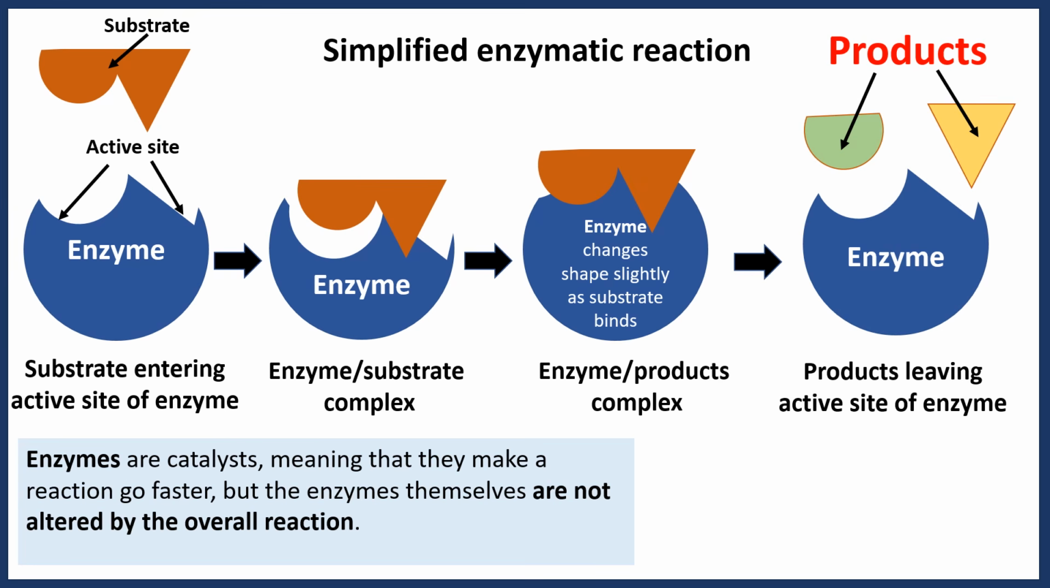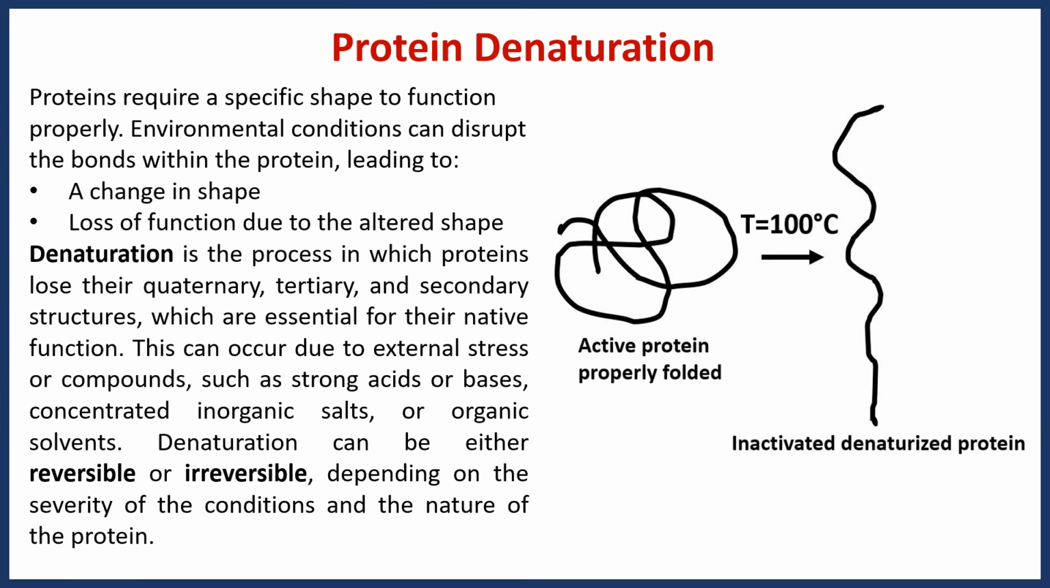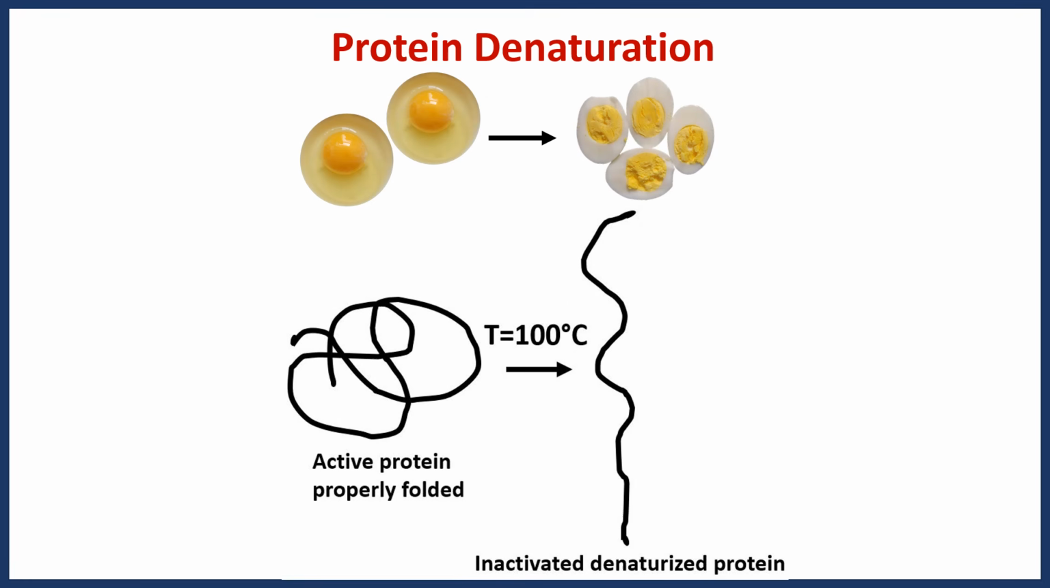Proteins require a specific shape to function properly. If the protein loses its shape due to external factors like heat or pH changes, it can become denatured and unable to perform its function. Denaturation is the process in which a protein loses its quaternary, tertiary, and secondary structures, which are essential for its native function. This can occur due to external stress or compounds such as strong acids or bases, concentrated inorganic salts